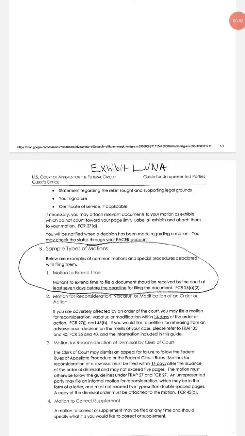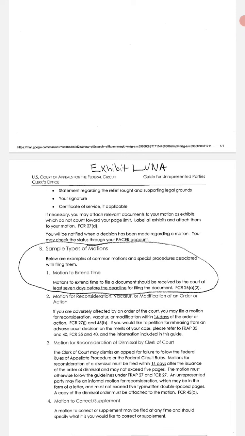You see this exhibit down here, Exhibit Luna? This exhibit sets forth that motions to extend time to file a document should be received by the court at least 7 days before the deadline for filing the document. FCR 26A2 for the timeline, okay? And so this is FCR